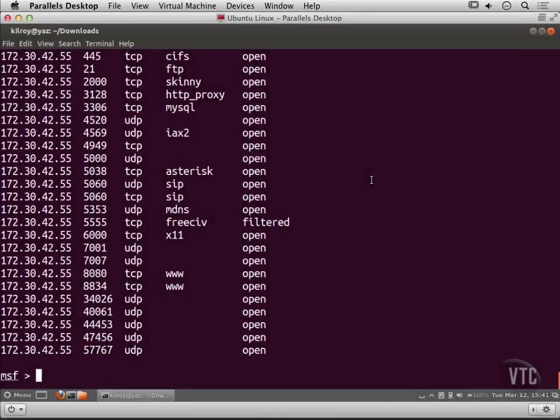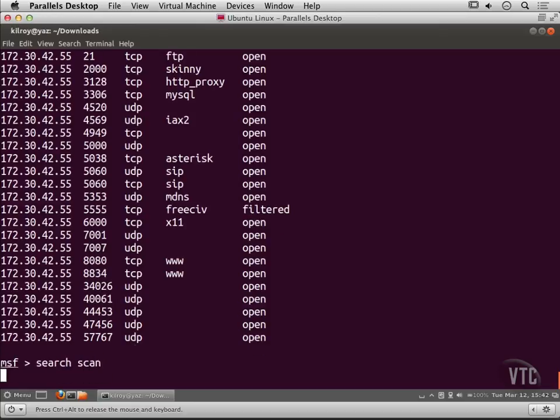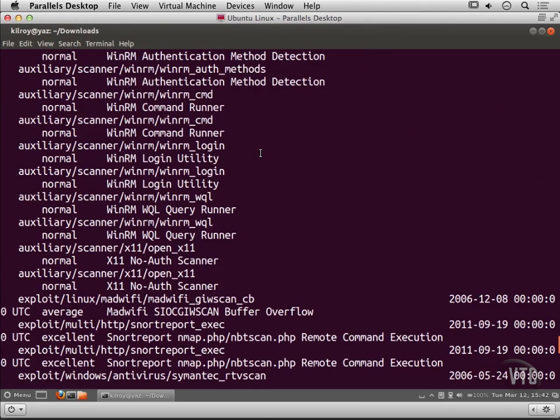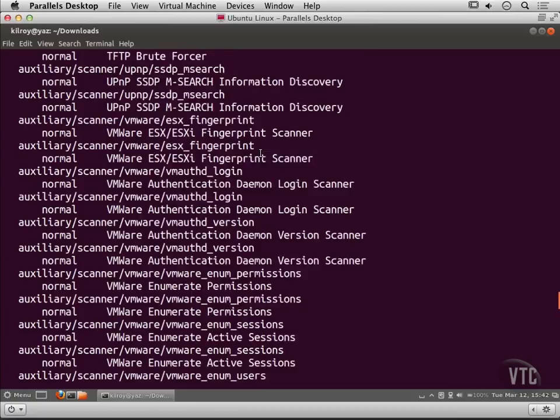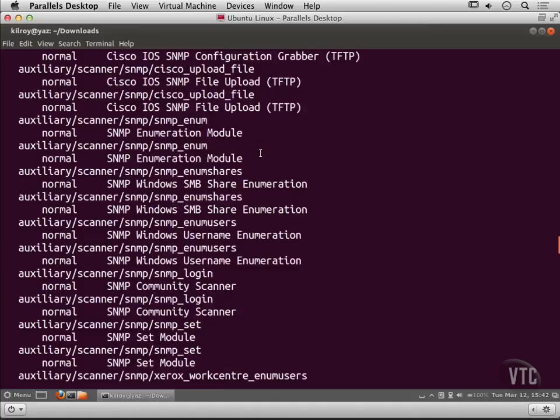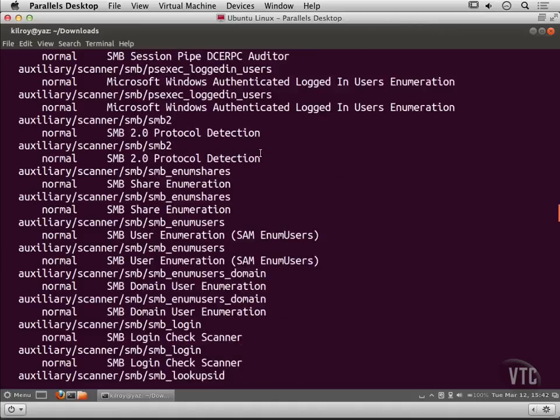So far, we've actually used Nmap inside of Metasploit, and that's really good to do some port scanning. And when you've done a port scan, you'll get a list of ports that are back. What we may want to do, though, is actually check for services across the entire network. So there are some scanners that are built into Metasploit, and I can make use of those scanners and find the services that are on the network and maybe do some simple things with them in terms of trying to